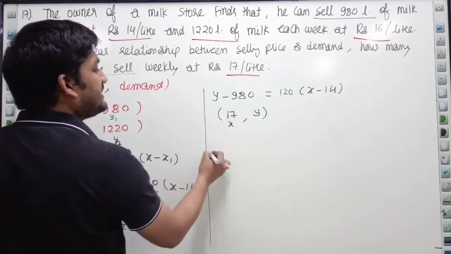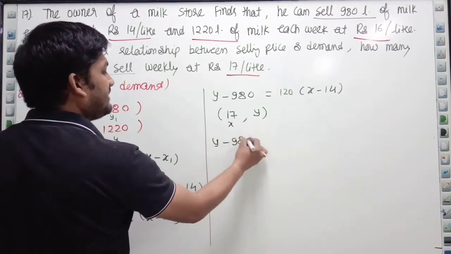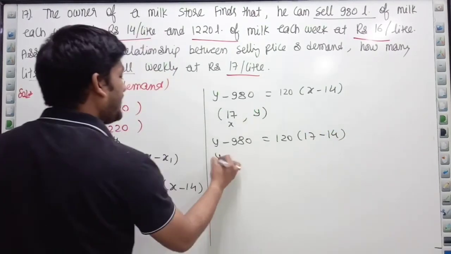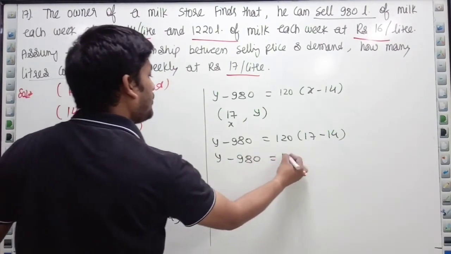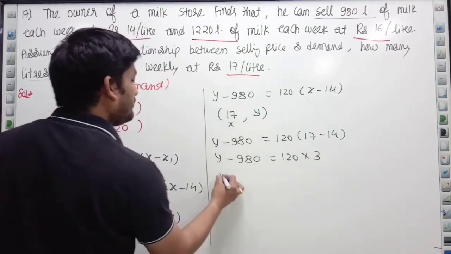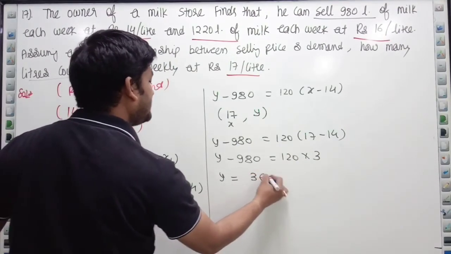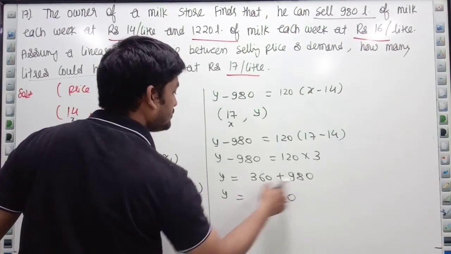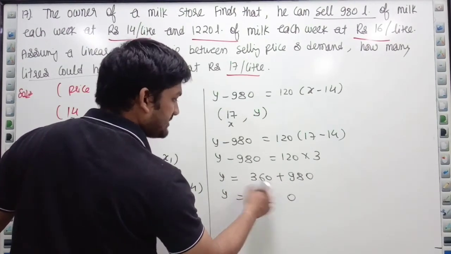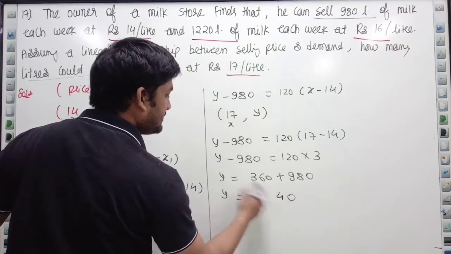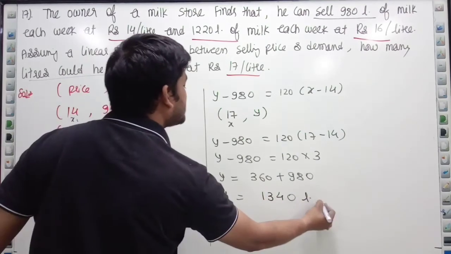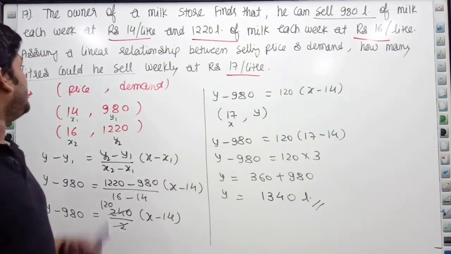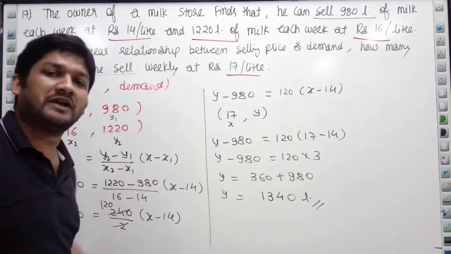In place of x, 17, right? y − 980 = 120(17 − 14), y − 980 = 120 × 3, y = 360 + 980, right? So 0 plus 0 is 0, 6 plus 8 is 14, 9 plus 3 is 12, and 13, and this much liter of milk he can sell per week at 17 rupees per liter,